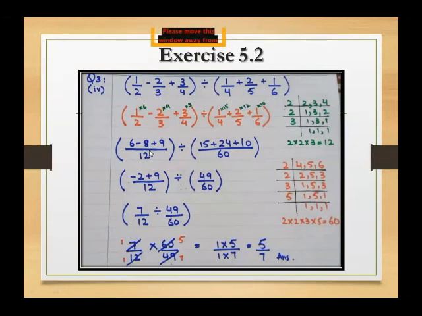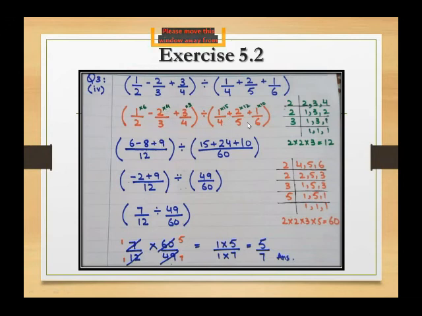Now after the LCM 12, multiply 2 by the number that gives 12: 2 sixes are 12, 3 fours are 12, 4 threes are 12. The number which makes the denominator 12, we will repeat the multiplication in the numerators as well. This is 1 multiplied by 6, this is 2 multiplied by 4, this is 3 multiplied by 3. So 6 ones are 6, 4 twos are 8 and 3 threes are 9.